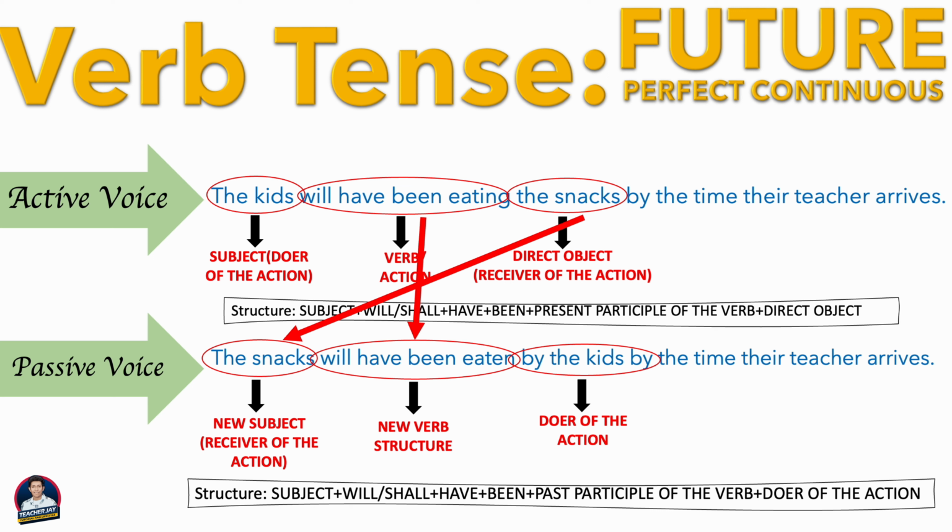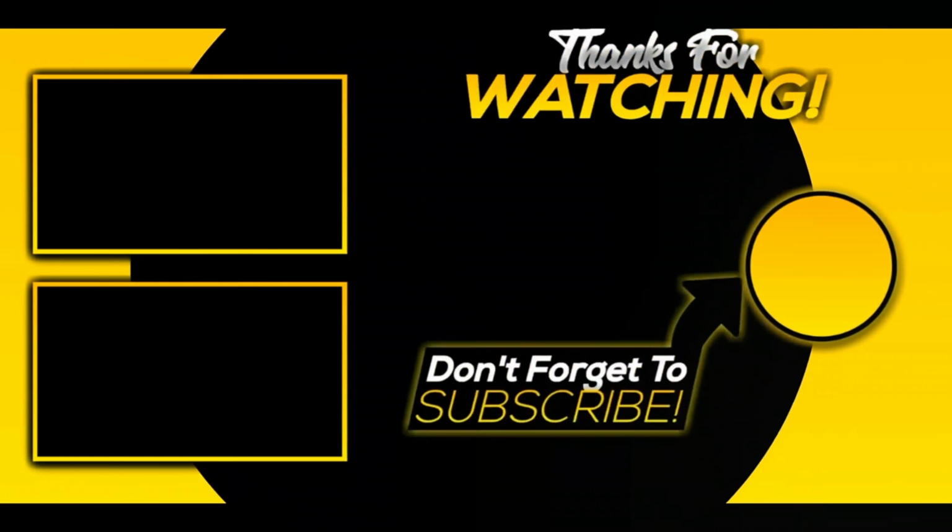This example uses the structure subject plus will or shall plus the auxiliary verb have plus been plus the past participle form of the verb eaten, and then the doer of the action, by the kids. To change your